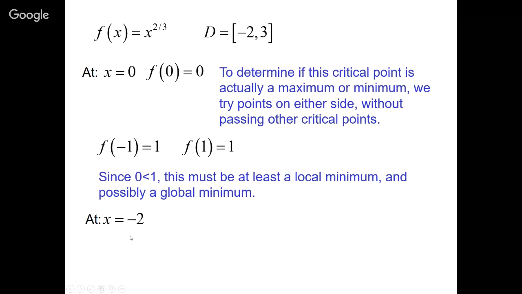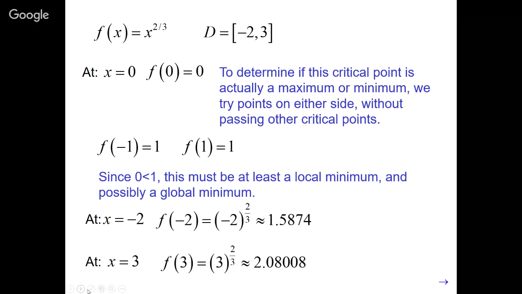All right, so let's check at x equals -2, because that's the left side of the domain restriction. So we plug in -2. Well, the cube root of -2 is just the cube root of -2. And then when you square it, you're going to get the cube root of -2 quantity squared. And if you put it in your calculator, you get about 1.5874. And then let's see what happens at x equals 3, which is the other endpoint of our interval. We would say f of 3 is equal to 3 to the 2/3, which is about